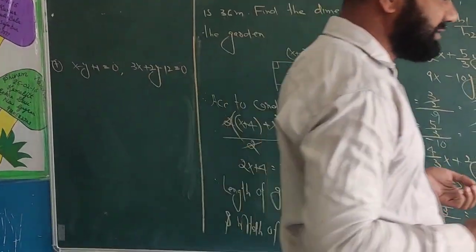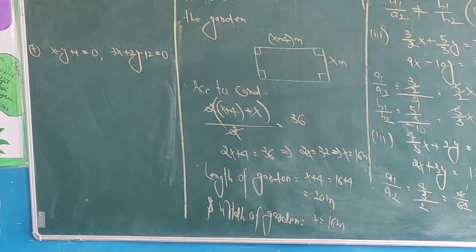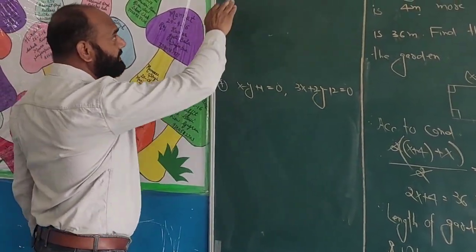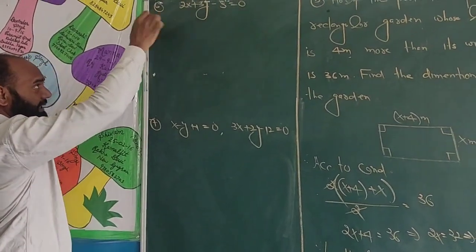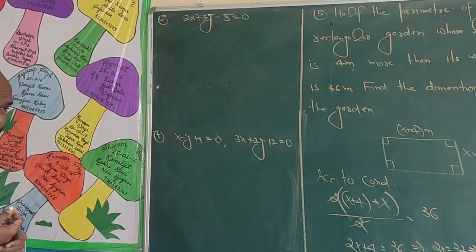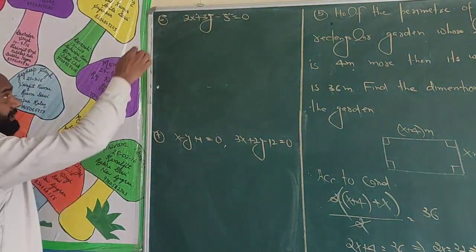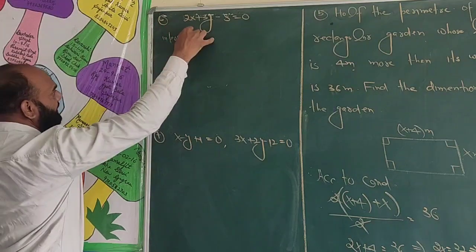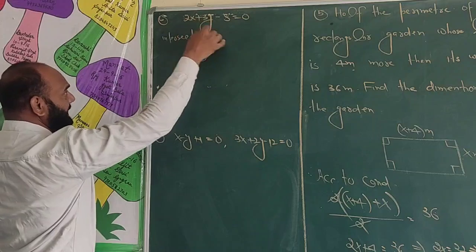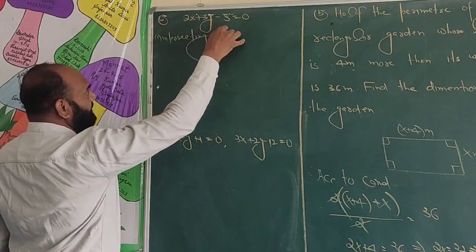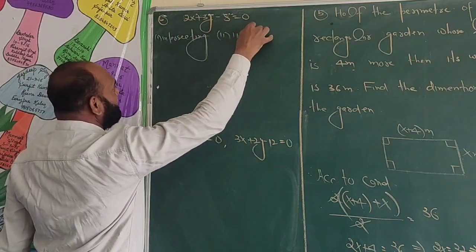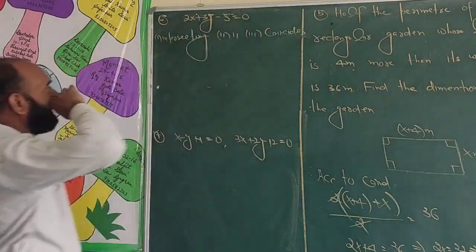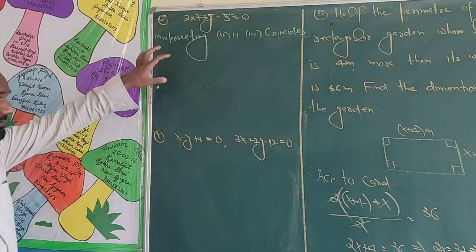Now the sixth question is, write the equation which is intersecting these lines, parallel to these lines and coincide to these lines. First intersecting, and secondly parallel, and third coincide. First of all, this is the first part.